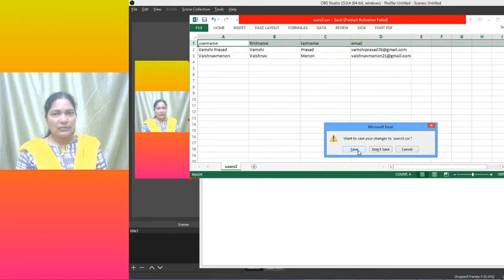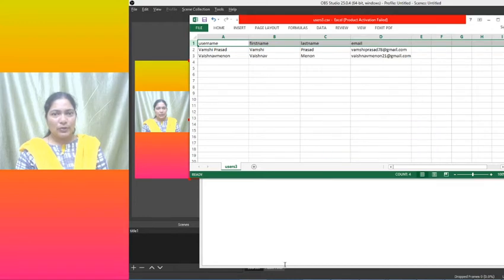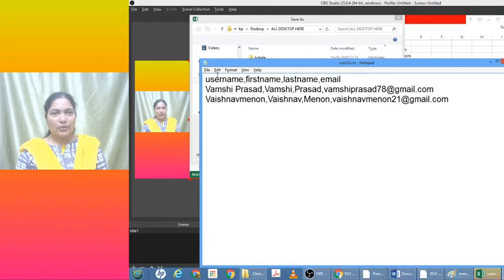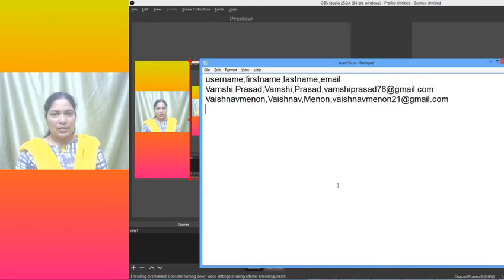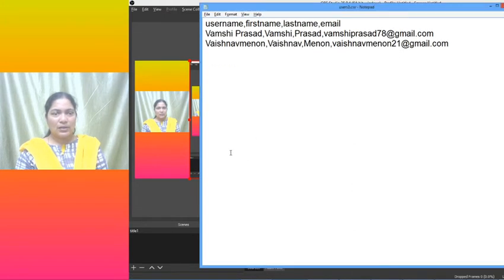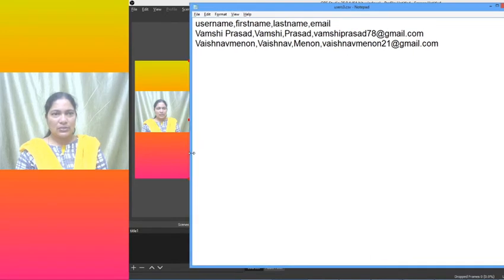Because this file is saved in which format? When you are opening and seeing it in Excel, you can see these columns and rows, but if you are seeing it in Notepad, now you see, okay, already I have saved it. Okay, let me open it. Right, you can see. So what is the format here? What are the values here? You can see the first row separated by commas. Next row separated by commas, next row it is separated by commas. Got it? So every field, so username is one field, first name is another field, last name is another field, email is another field. So this is the header.